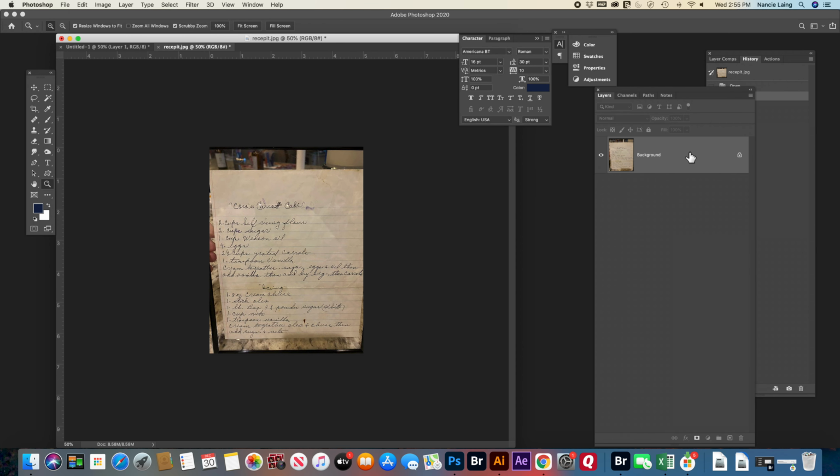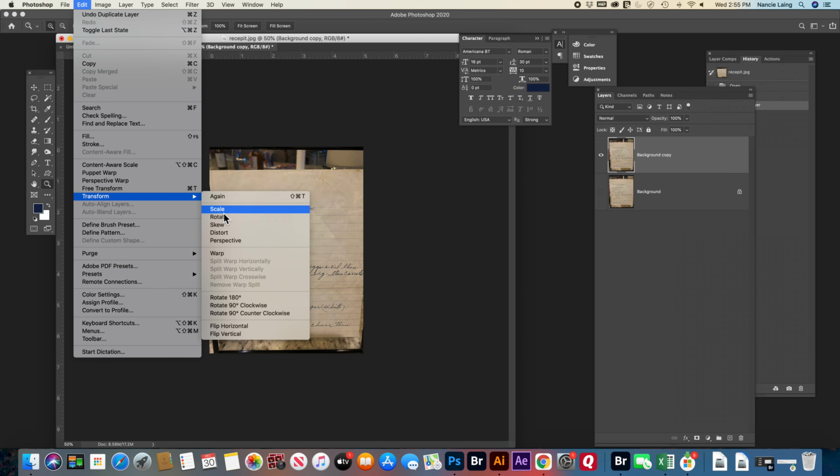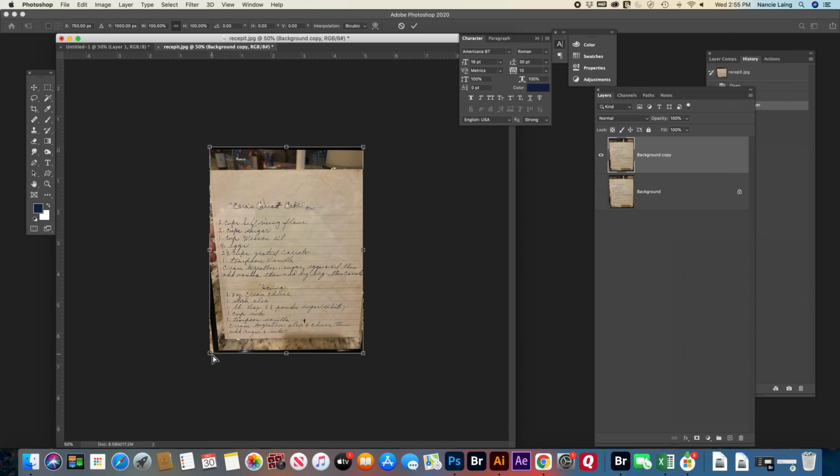Oh, I know. Background. So you have to change it from background because it won't do things with the background. So I turn that off. Make it a copy. Now when I go to Image, File, Edit, I can transform it. So I'm going to transform. I'm going to go to Distort. Then I could use lines, but like pull it out here,